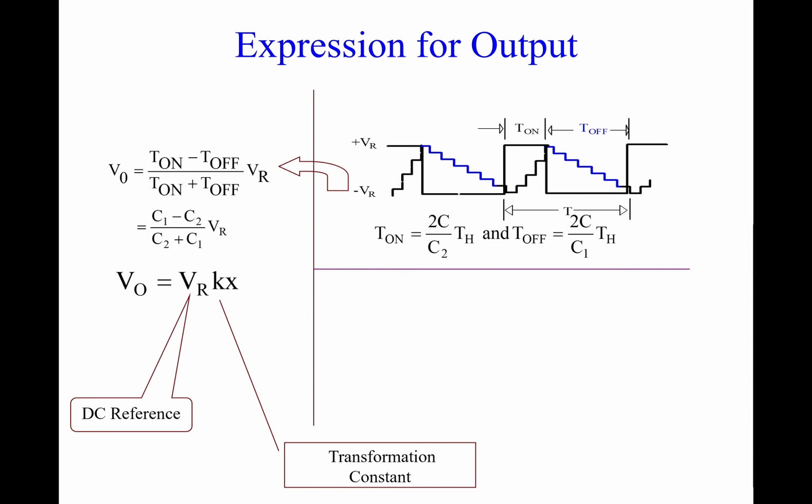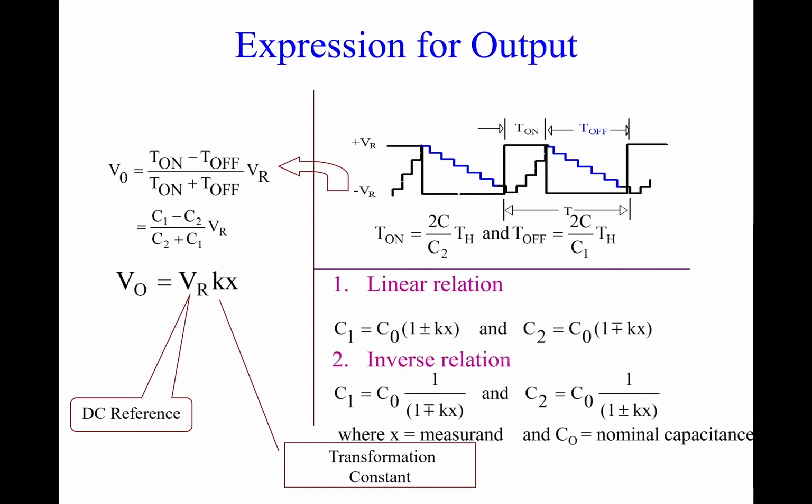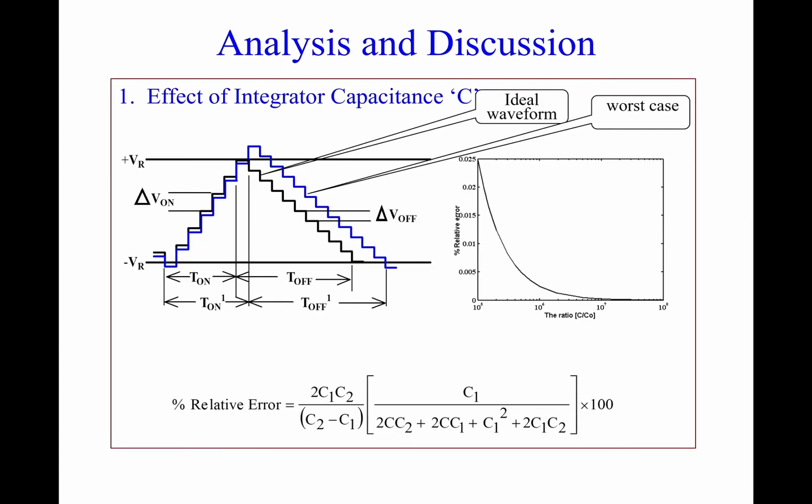We get C1 minus C2 by C2 plus C1, which becomes VR into K into X. VR is the reference voltage that we switched in, K is the transformation constant of the sensor, and this is true whether the characteristics is linear or inverse. So this circuit also is a relaxation oscillator circuit,